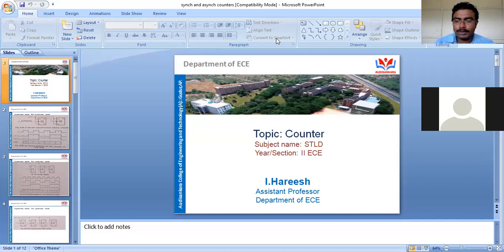Before going into the definition of counter, let me tell you one more thing. First of all, we place a group of flip-flops connected together, which forms a register. A register can store information, and in some cases it can be shifted from one flip-flop to another. For example, if I have four flip-flops connected serially or in parallel, I can store information in them, pass it, rotate it, and shift it from one to another. But it cannot count how many times that information has been shifted.